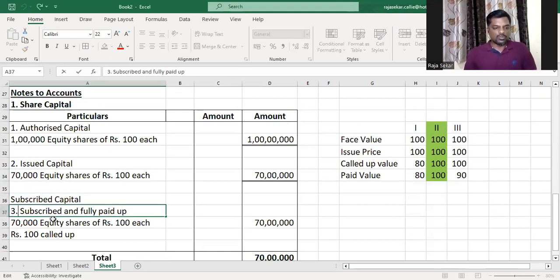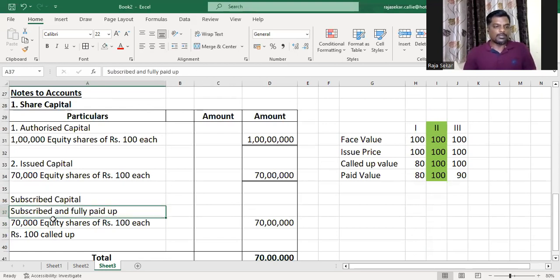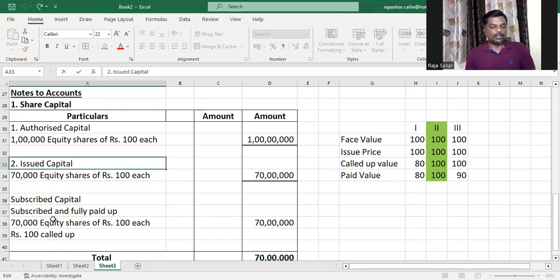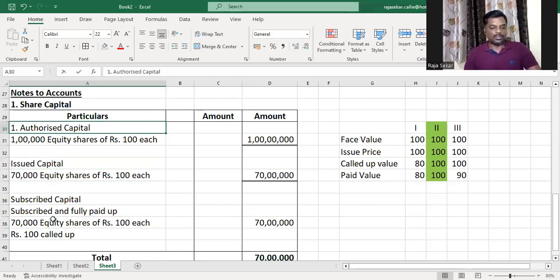If there is no subscribed and not fully paid up, you just write subscribed and fully paid up and be done with it. If there is no subscribed and fully paid up, then you just write subscribed not fully paid up and be done with it. That's it, my dear children. You just have to identify these things and that's it. It's so simple, my dear children. Anybody, any one of you can do this, and I hope you'd get this right in the board examination when they ask this question. All right.